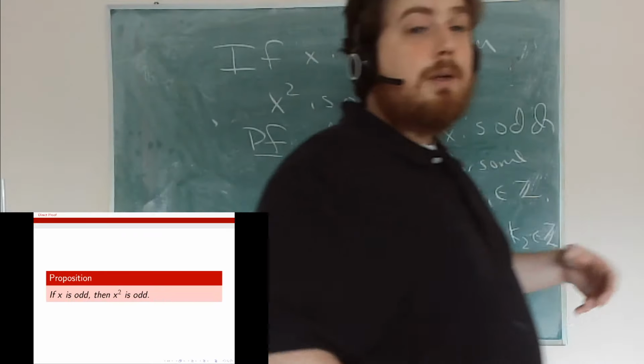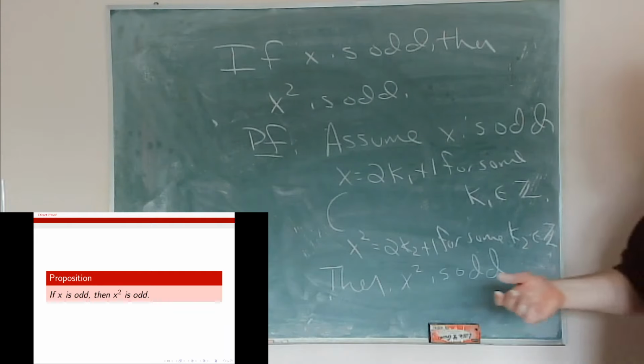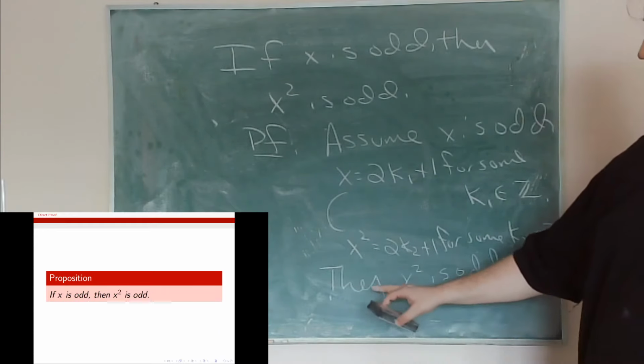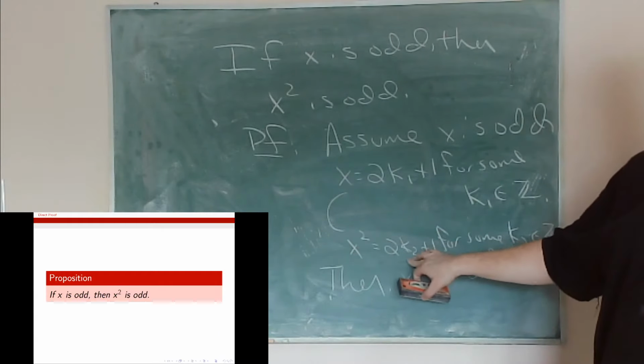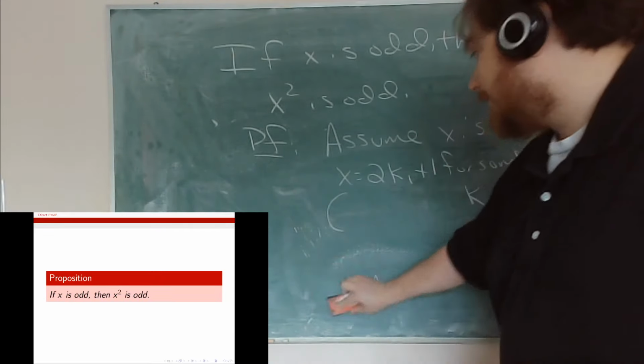All right, and so now we're back to the middle part here where we have the hard part of determining how to get from point A to point B. And so we have to be a little creative here. And so the thing we're really going to do here is a common thing, and we're going to use a substitution. So we're going to start with x squared, and we're going to write a bunch of stuff out until we get 2k2 plus 1. So just so I have enough room,